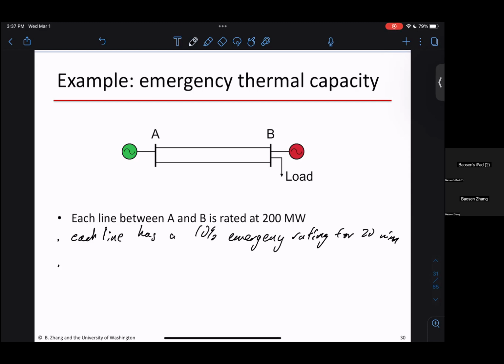Then what we're really looking at is, if you have this generator, how fast can it run? This will be something like a non-spinning reserve. Here we're assuming A is cheaper than B, so A is trying to supply the load. Now, if a contingency happens, this generator has to ramp. So you basically give some time for this generator to ramp up to supply the load. This is non-spinning reserve. It needs, let's say, 20 minutes to ramp. So if generator B can ramp up by X megawatt in 20 minutes, let's say by 20 megawatt in 20 minutes,